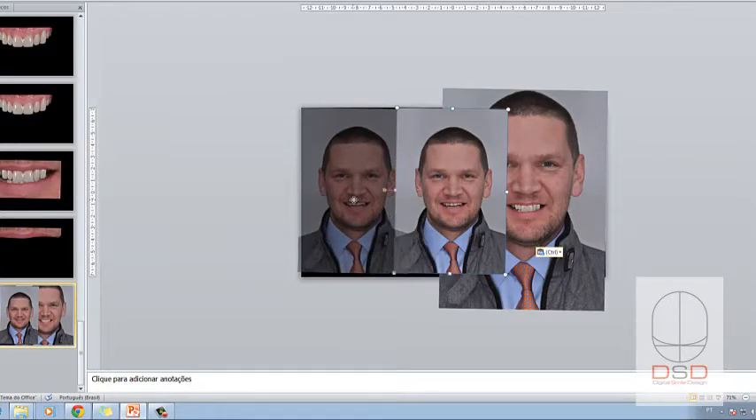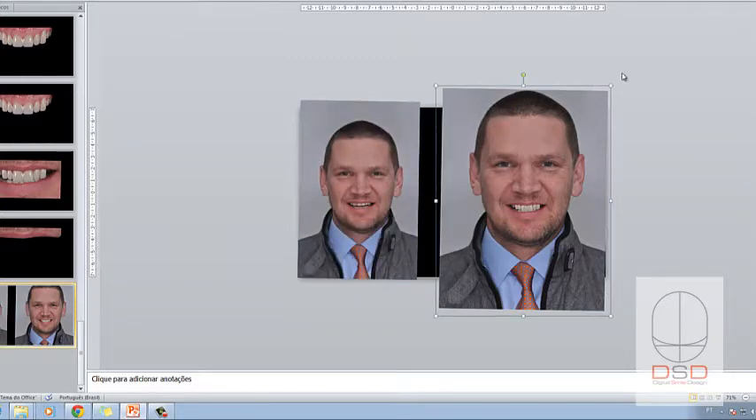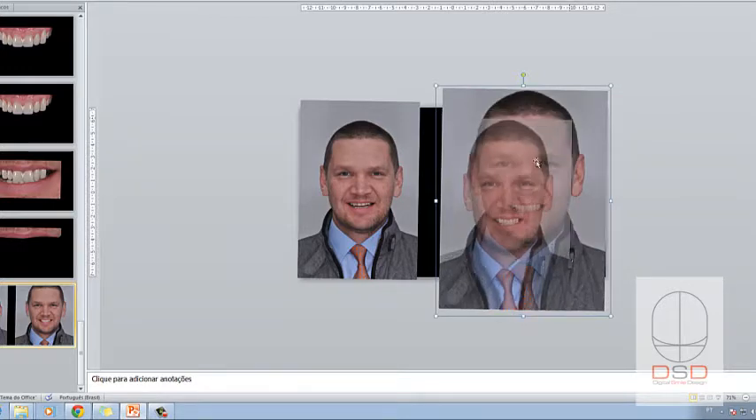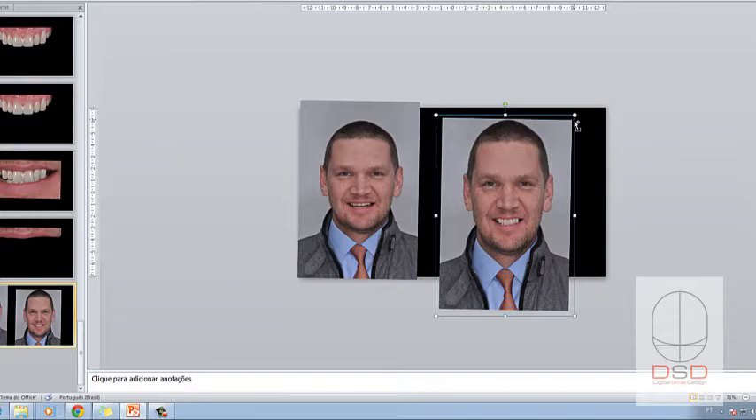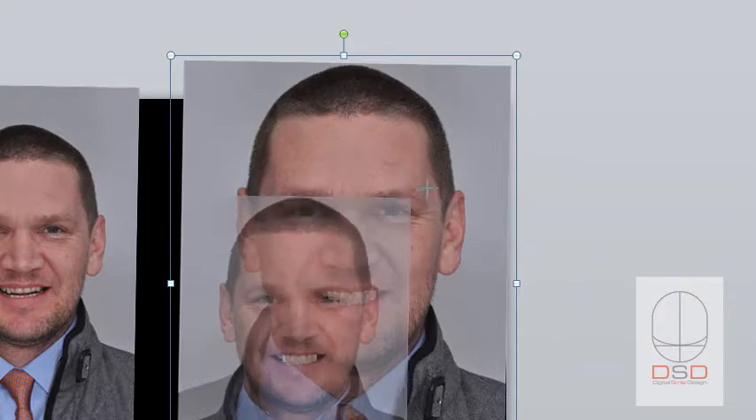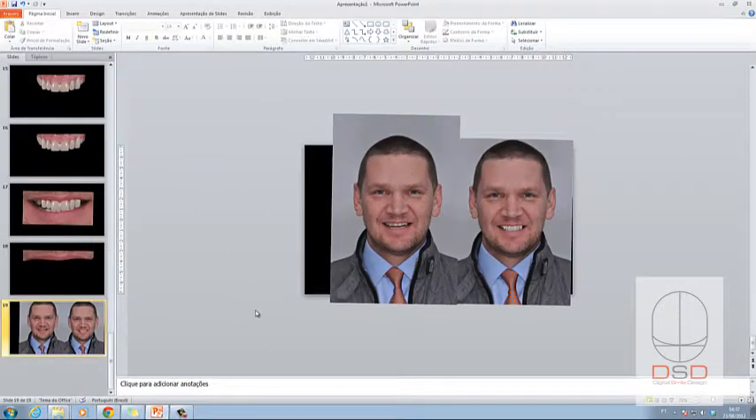Now I have a before. Let's put this a little bit bigger, and not so big, almost at the same size. Don't forget to hold the Shift, otherwise it's going to distort your image. And it doesn't matter if I don't have the full head, because mainly you want to show the teeth part. So if I do this, something like this,